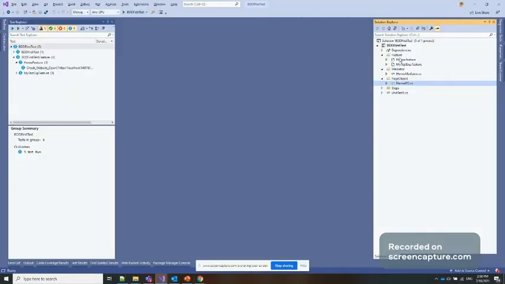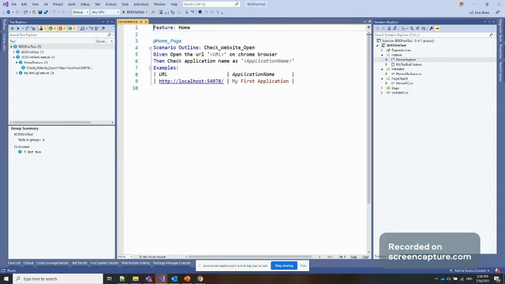If you see the structure also, let's go through the structure side first. In the feature file you can see in the previous video we have the same structure. Now in this current video what I enhanced is I added one more feature file with the name of home.feature, and I click on this one. So you can see this is a home feature file, and here I put the tag home underscore page, and I wrote the scenario outline. Because we have a time crunch here, I don't want to take much time, so I already wrote one scenario. The scenario name is check website open. So we are checking whether our website is open and running properly or not.